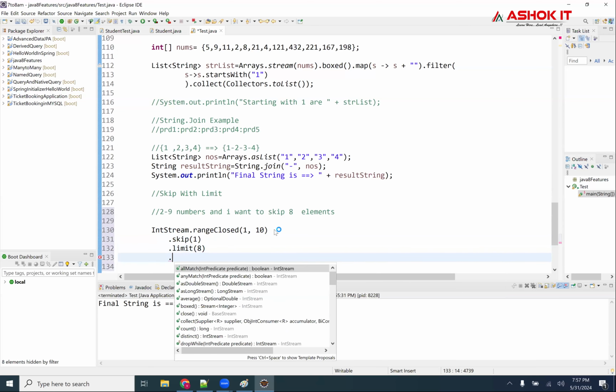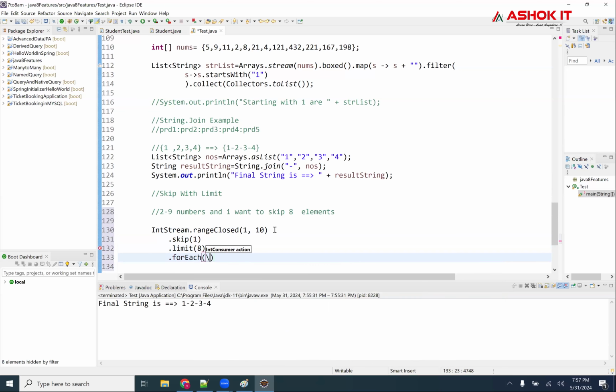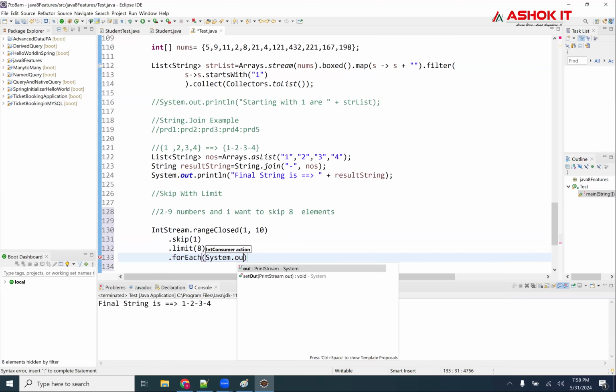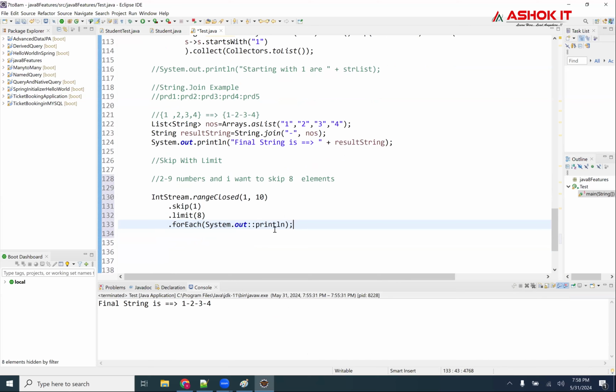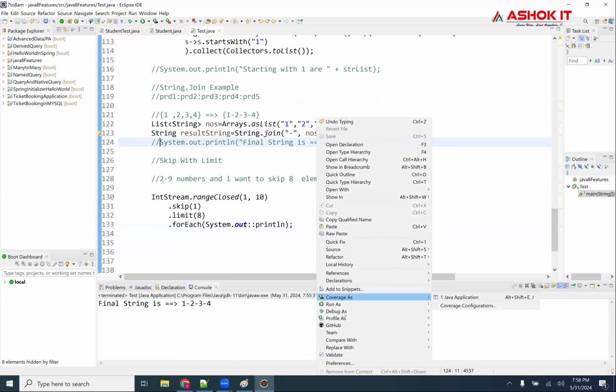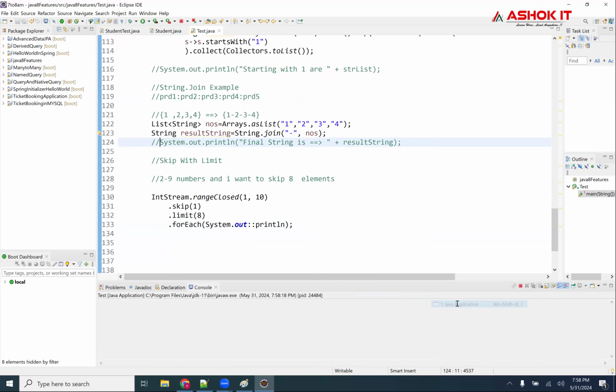And I want to print, forEach, System dot out colon colon println. So it will display 2 to 9 here. 2, 3, 4, 5, 6, 7, 8, 9.